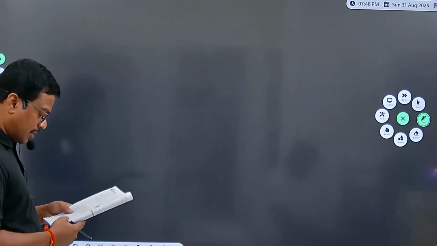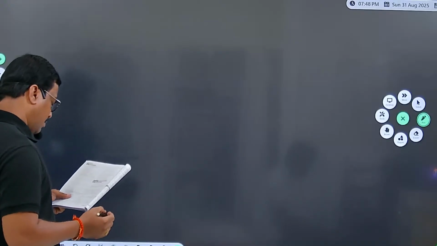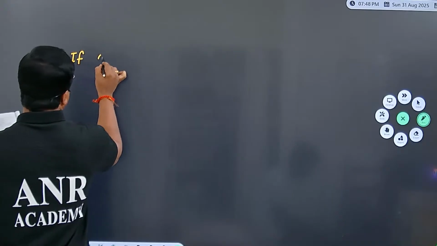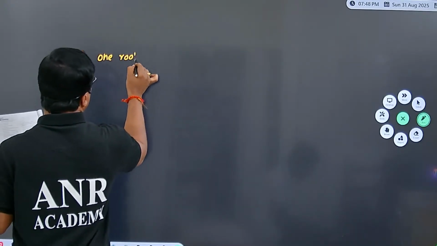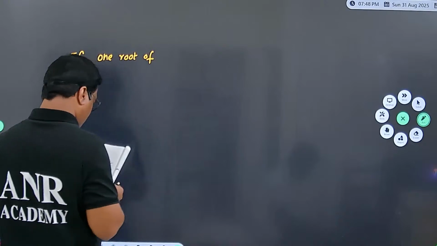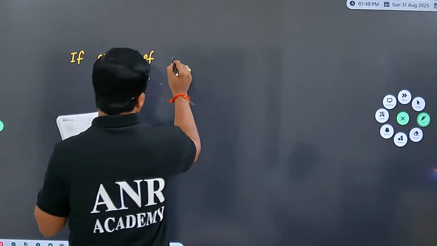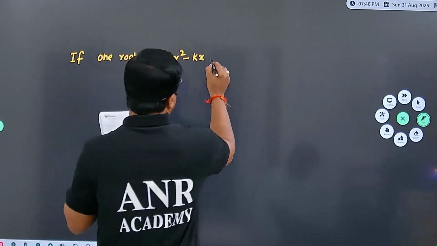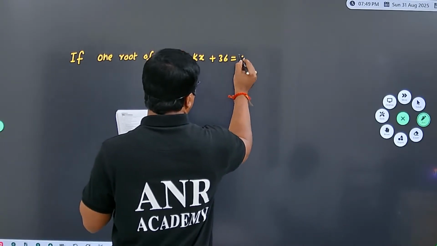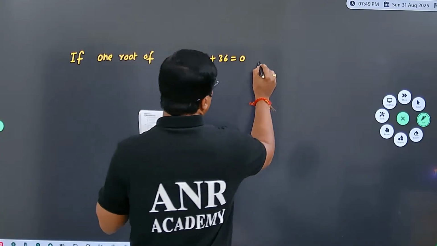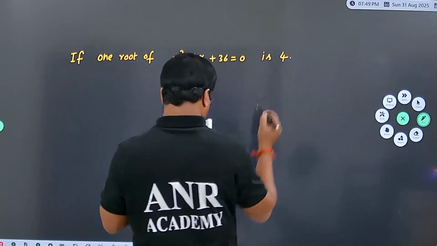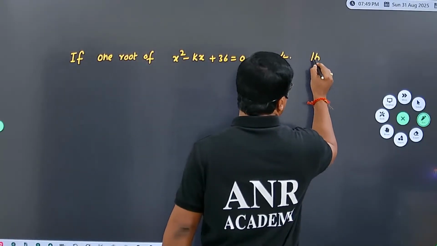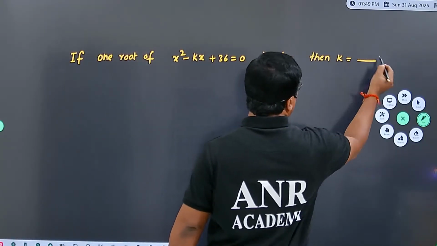Next question. If one root of the equation x square minus kx plus 36 equal to 0 is given as 4, then the value of k. This is the question. And options are given: